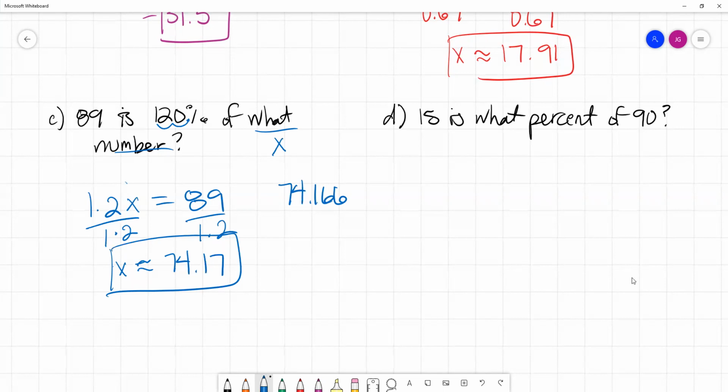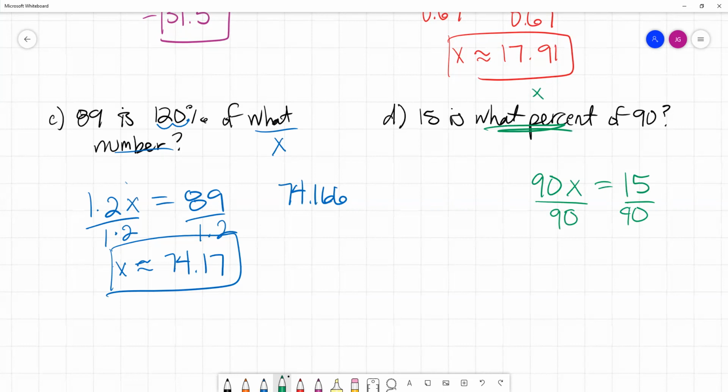Last one, 15 is what percent of 90? So here, I don't know my percent. The percent is what I'm solving for. I'm still going to call that X because that's what I'm going to solve for. I'm taking an X percentage of 90, which means I'm going to multiply that 90 by X to get 15. This is going to be some decimal value. So let's figure out what that is. Divide both sides by 90. And so 15 divided by 90